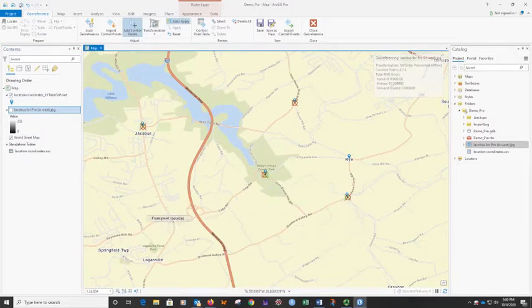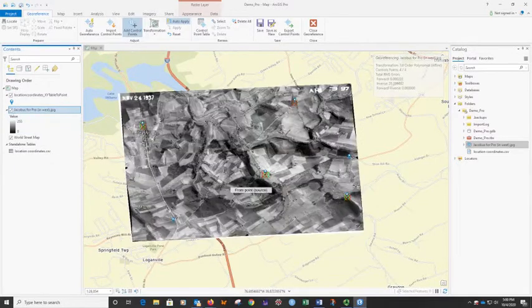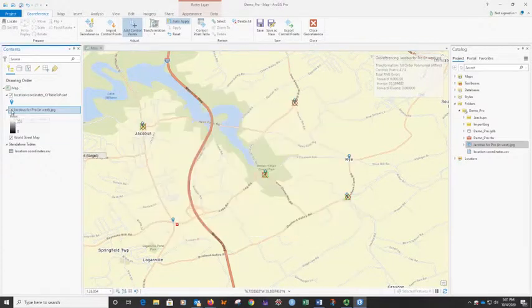Next, I'm going to tackle this location here in the lower left-hand corner. So I'm going to turn the image back on. Follow this north-south road down, and where this road hooks off to the right, I'm going to click on that intersection. Once again, turn off the layer, click on the appropriate location on the reference map, and